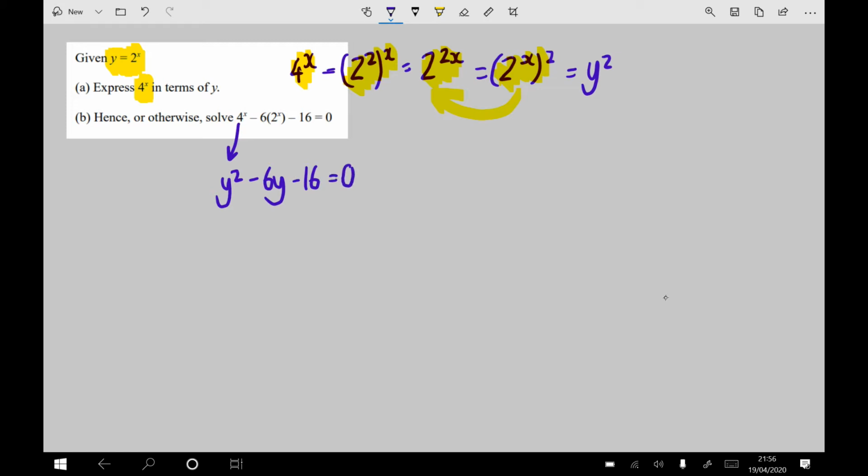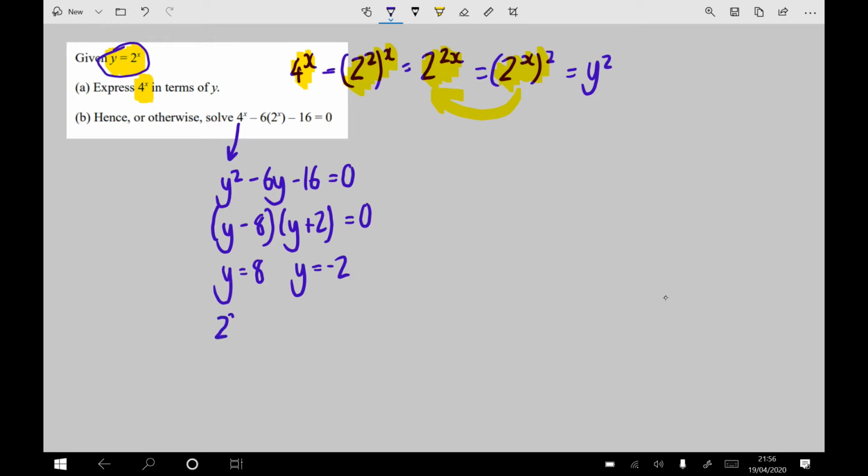a quadratic equation. We can solve it in a number of ways. You could use the formula, you can use your fancy calculators. I'm going to factorize. But this equation is all to do with x, and I've got answers in terms of y. So let's remember up here, y is equal to 2 to the power of x. So that means 2 to the power of x is 8, and 2 to the power of x is minus